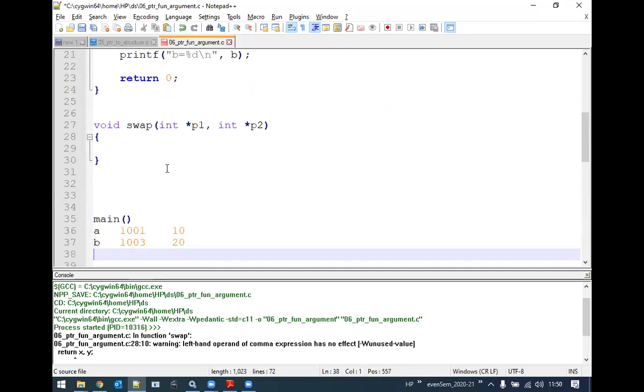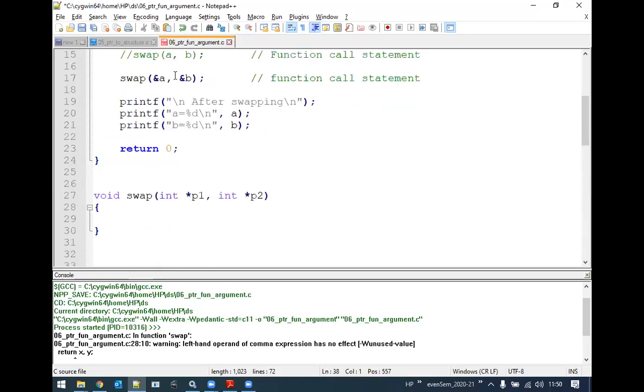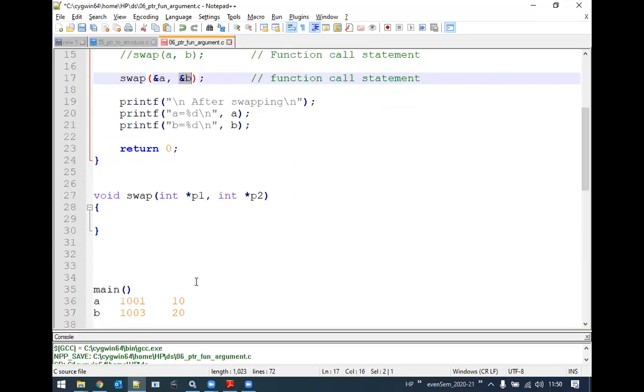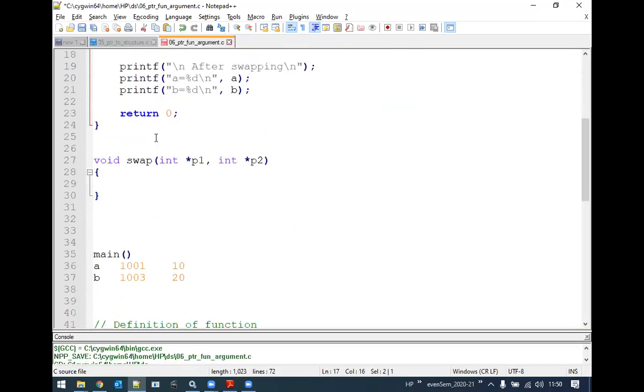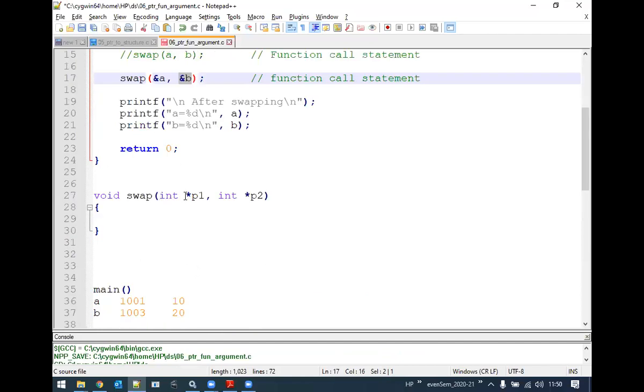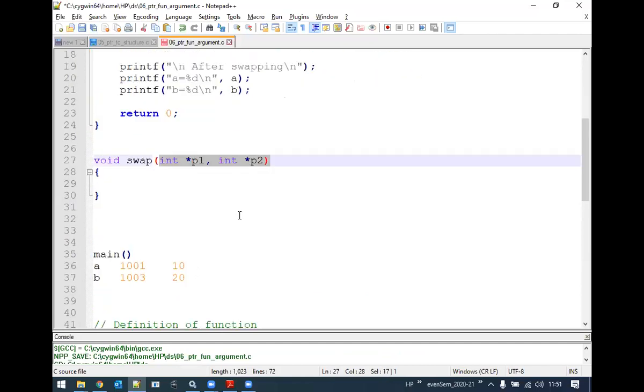Now we are making a function call in this statement, line number 17. We are passing the address of A and the address of B. Look here, we are passing the addresses, not the values.